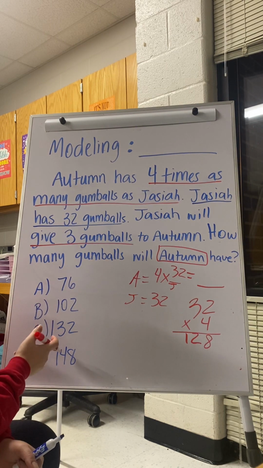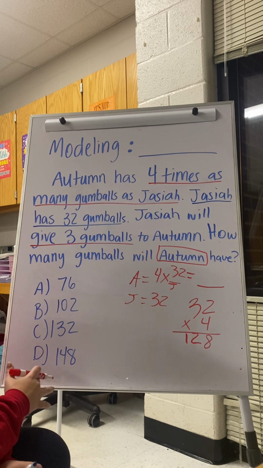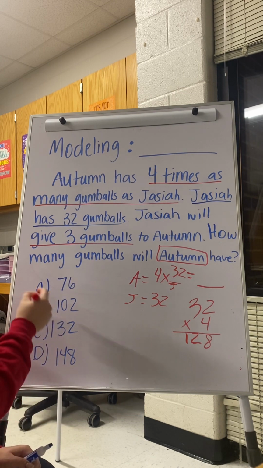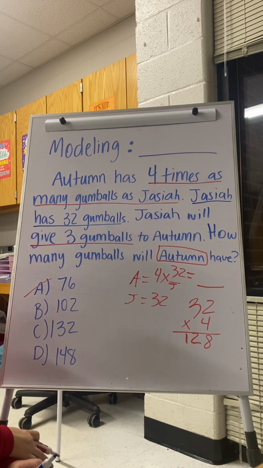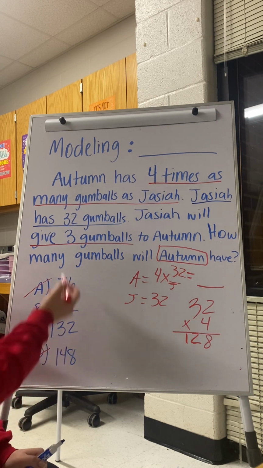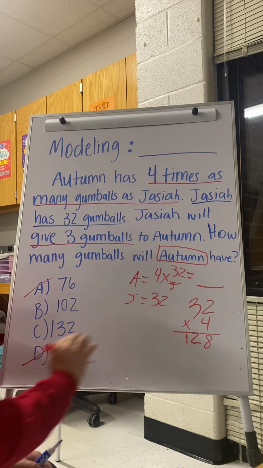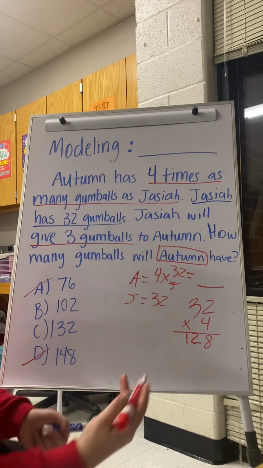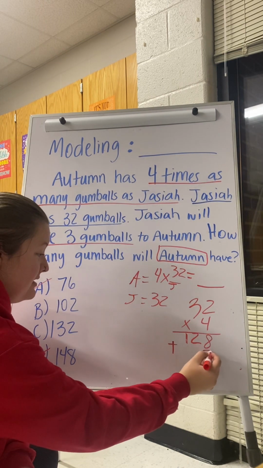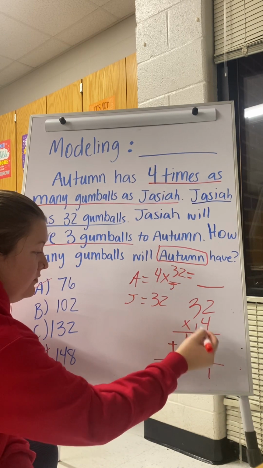So I look over here to my answer choices and I say, okay, I've got some that are close. I should be able to instantly eliminate for sure A. It's kind of too small. D is a little high, especially if we only have 3 to work with, okay? If Josiah's giving her those 3 gumballs, our next step with this number is to add 3, okay? So if I add 3 here, then I have, regroup,